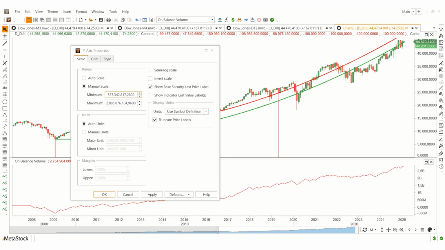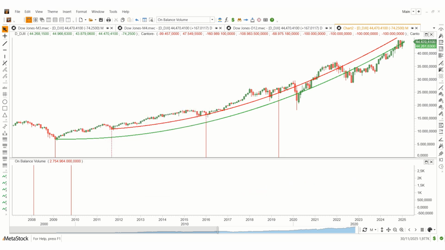This scale, which in the case in question goes from minus 537 million, we remove the 6 descriptive zeros of the millions, as for the maximum value of 2 billion, etc. Let's also remove 6 zeros here, and here we have the new window designed to grasp the graph of the